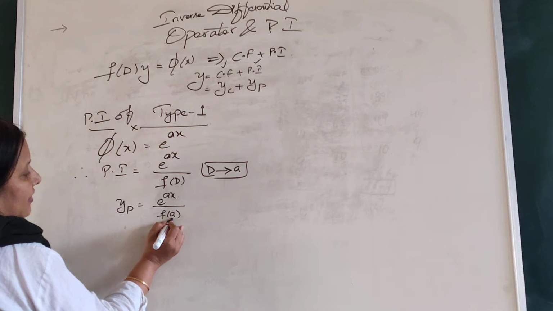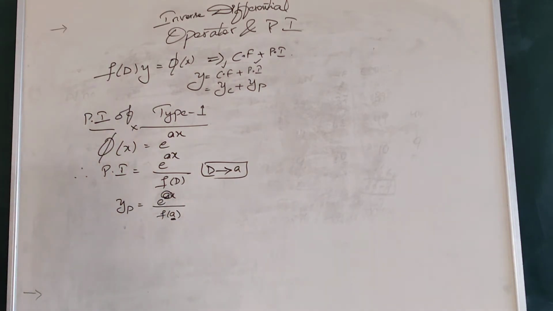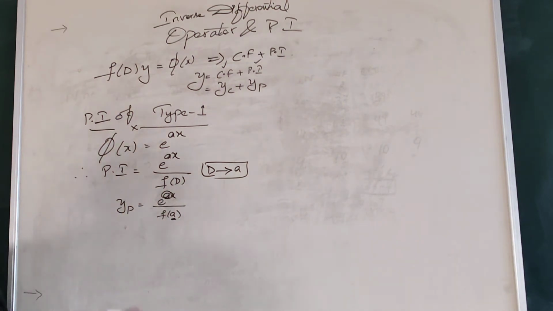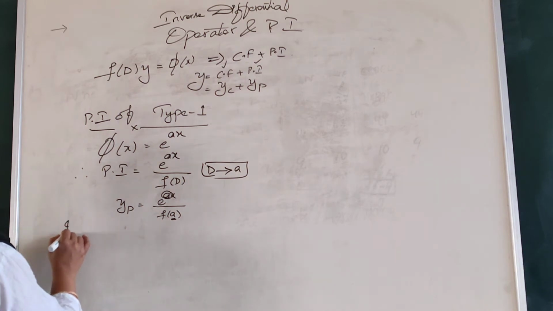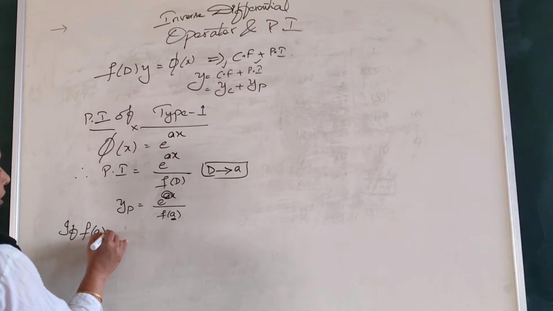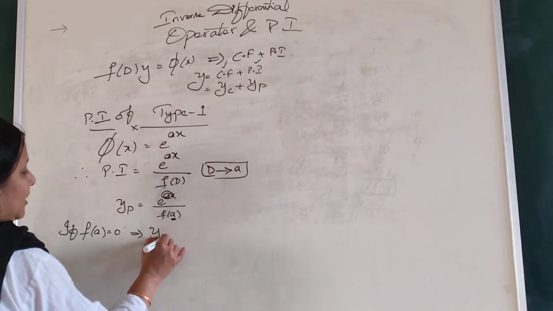But what is a in this? A is the coefficient of x in the exponential form. Understood? So, we consider the coefficient of x in the exponential form and substitute it here. But sometimes we may get f of a equal to 0. Not every time, only sometimes. If f of a is equal to 0, then we are supposed to consider YP